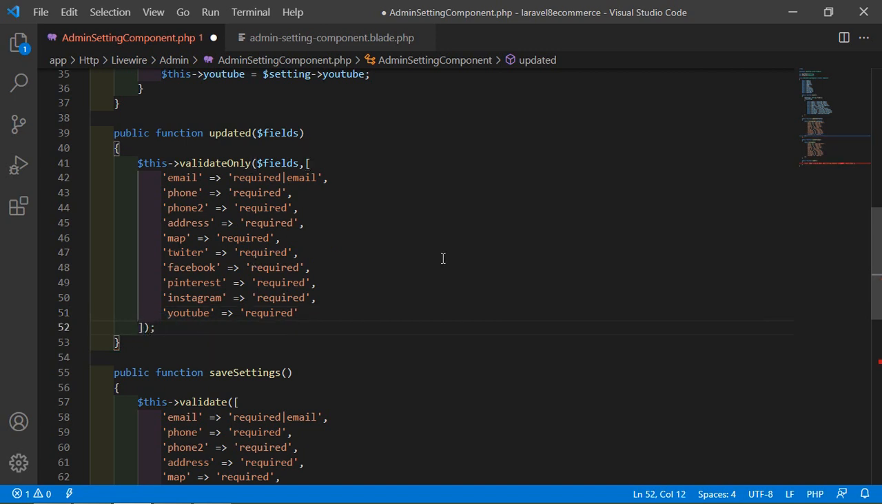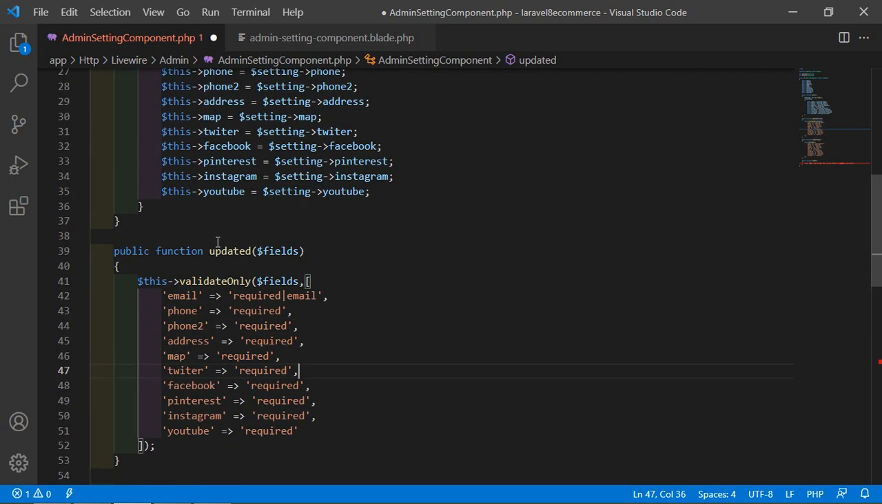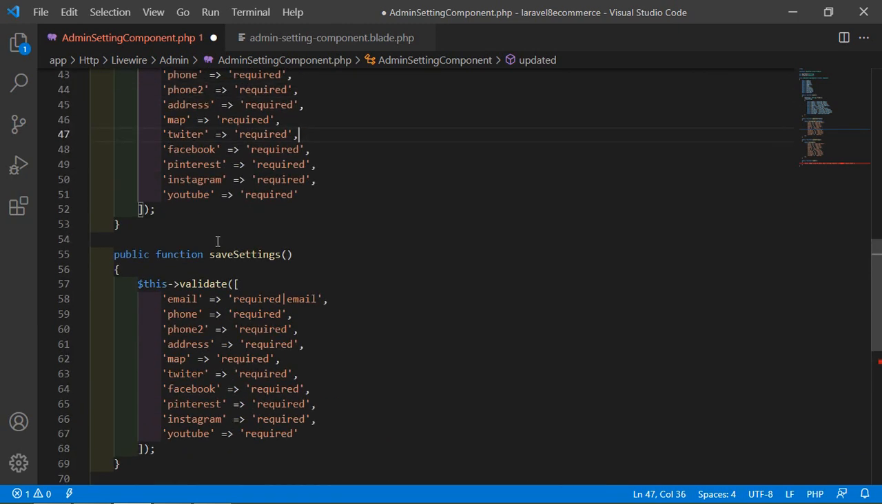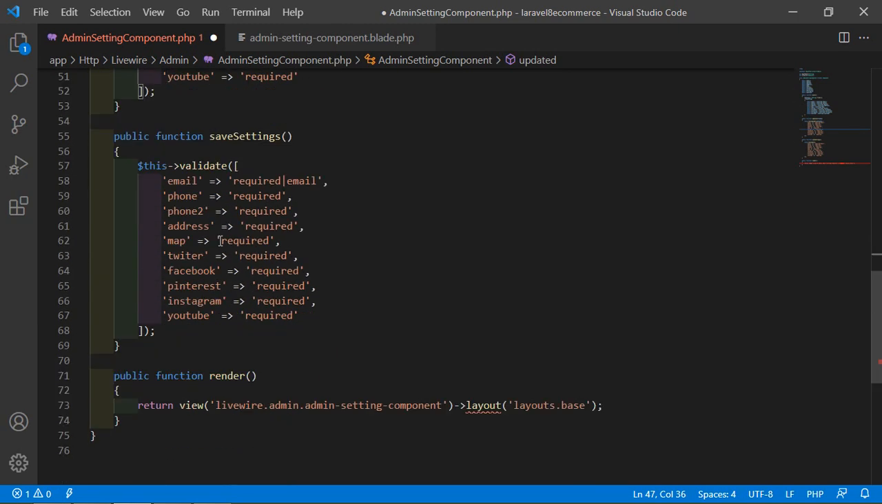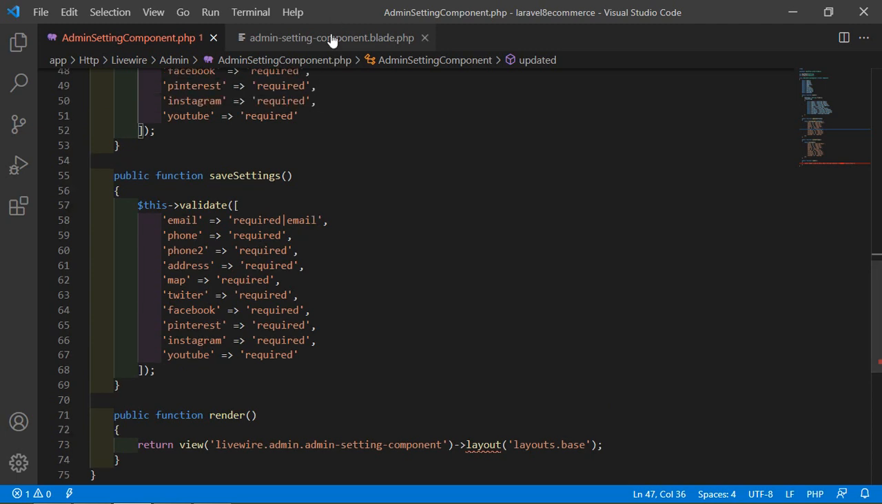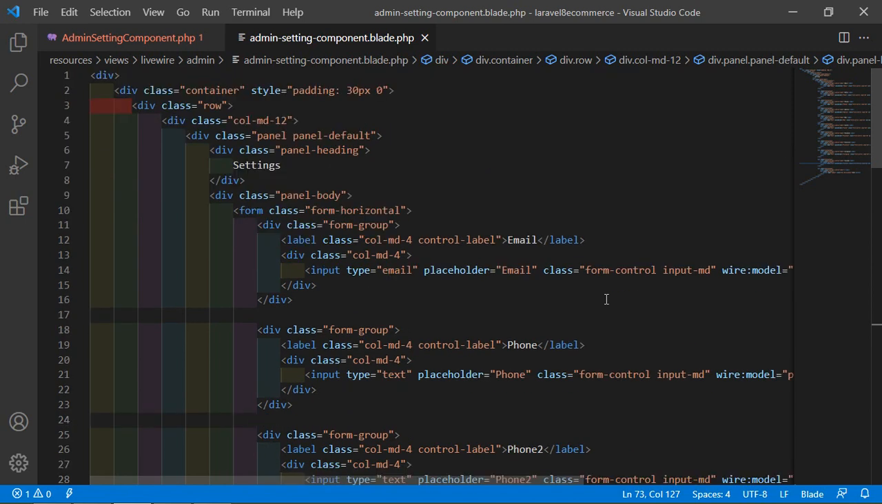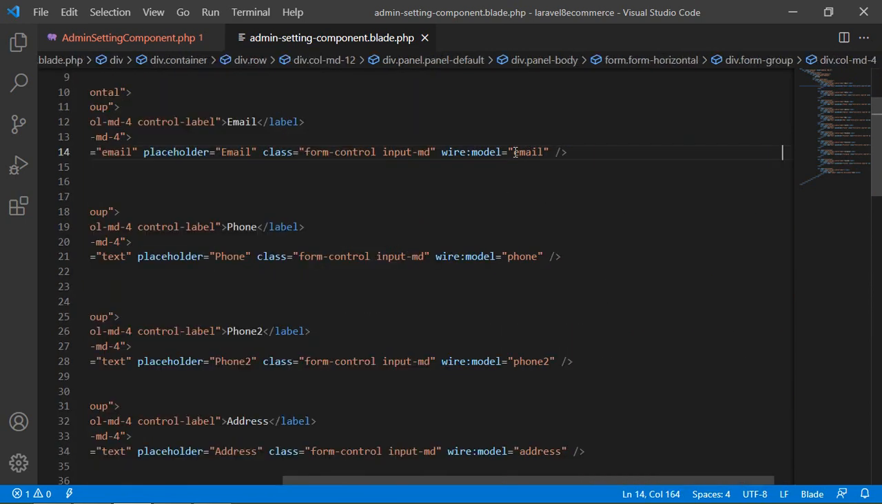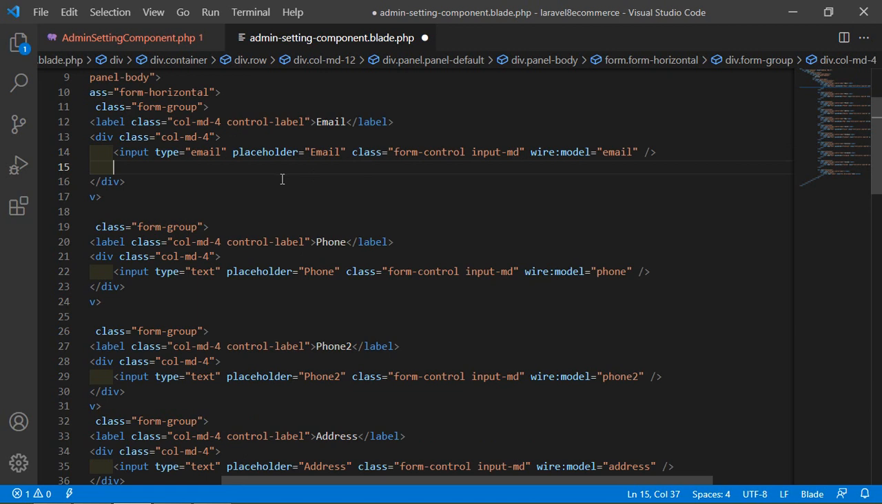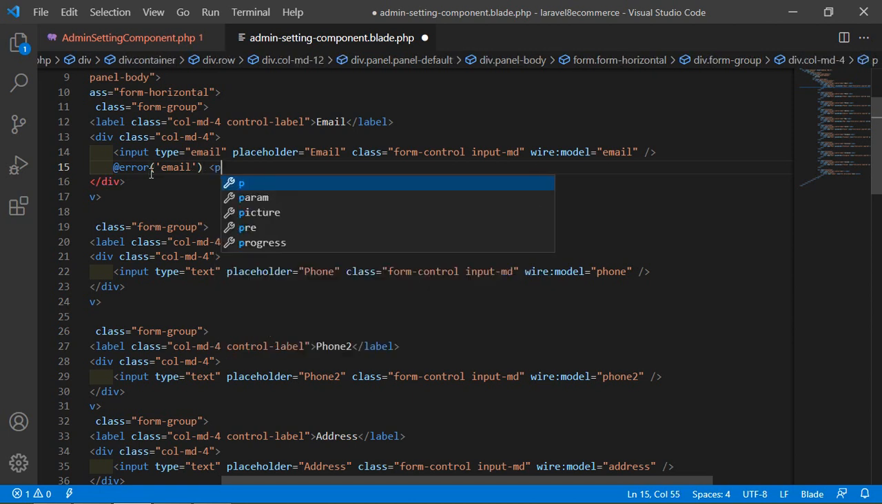And also add here the semicolon. Alright, now save this. Now go to the view file, and for displaying the validation message, after this input email input type email field, just write here @error directive and add here the name email, property name email. Okay, and after this just add here the p tag,